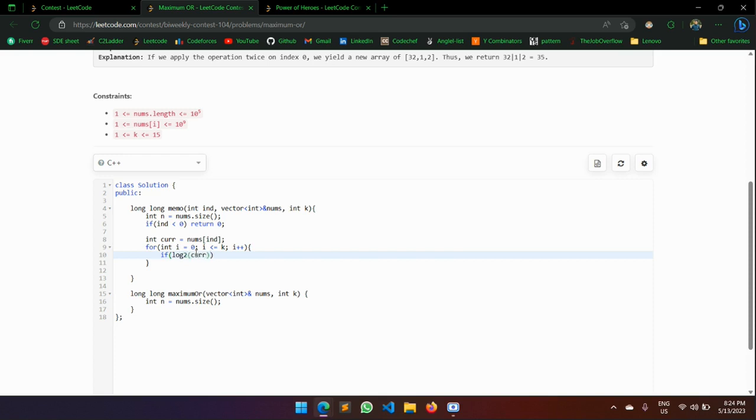If the log base 2 equals 31, that means it's somewhat bigger than 2 to the power 31. Is it 31? Yes. Then we'll not be performing the operation. Or we don't care about that. What we will do is,